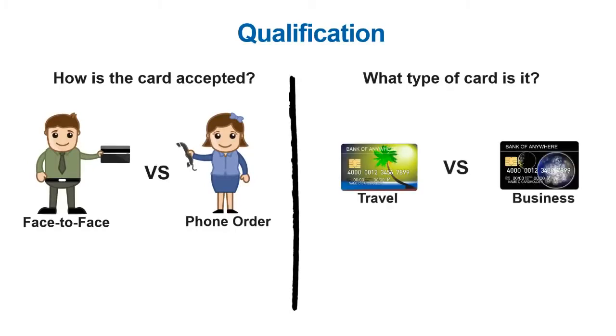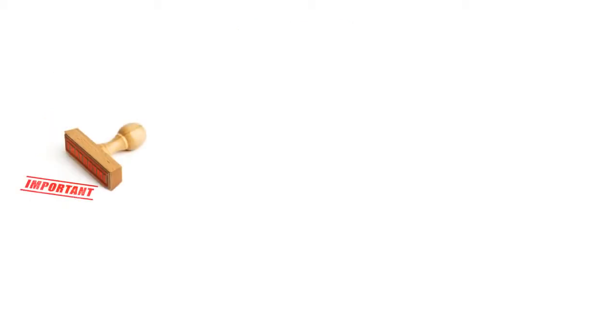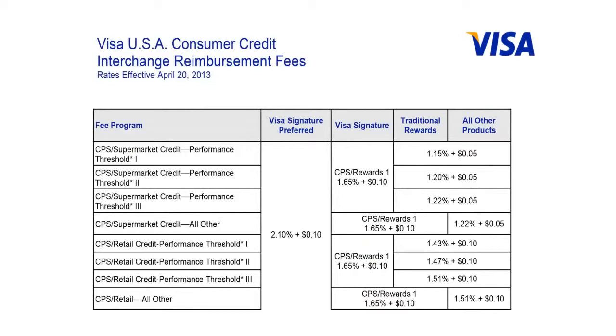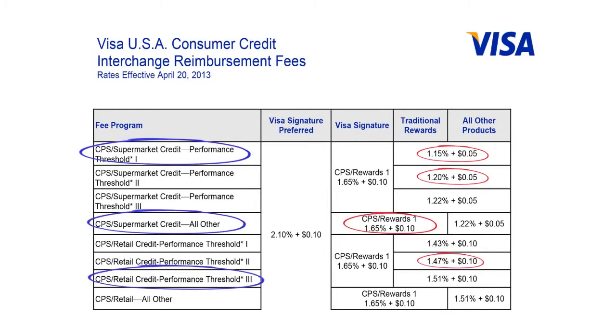business card, for example. Individual rate categories are set by Visa and MasterCard, and the interchange schedule of fees are published and could potentially change 2 times per year. This is important to remember since those changes can affect the cost of your merchant account. Here's a sample of just one part of a schedule of fees published by Visa. As you can see, there are 13 rates and 8 categories on this example alone. Again, in any single transaction, just one of these rates are charged based on the qualification of the card that